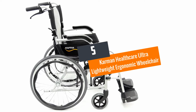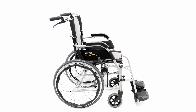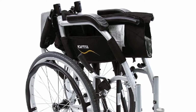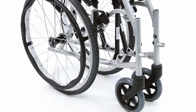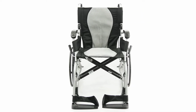Number 5. Carman Healthcare Ultra Lightweight Ergonomic Wheelchair. Talking about ultra-portable electric wheelchairs, Carman Healthcare is among the newest models you can find in the market. This wheelchair has a 17 by 18 by 19 inch seat and the height is 19 inches. Other than that, the model has a powerful motor that gives it enough power to permit climbing up to 10